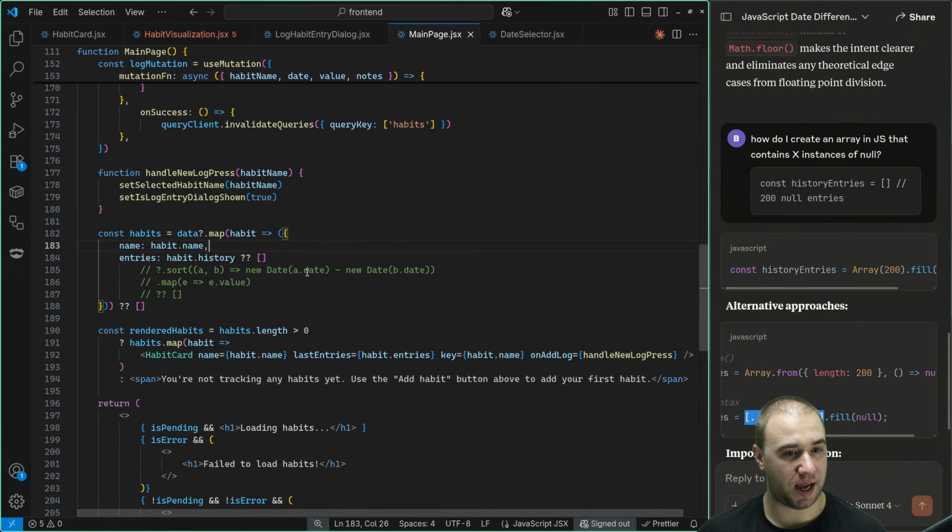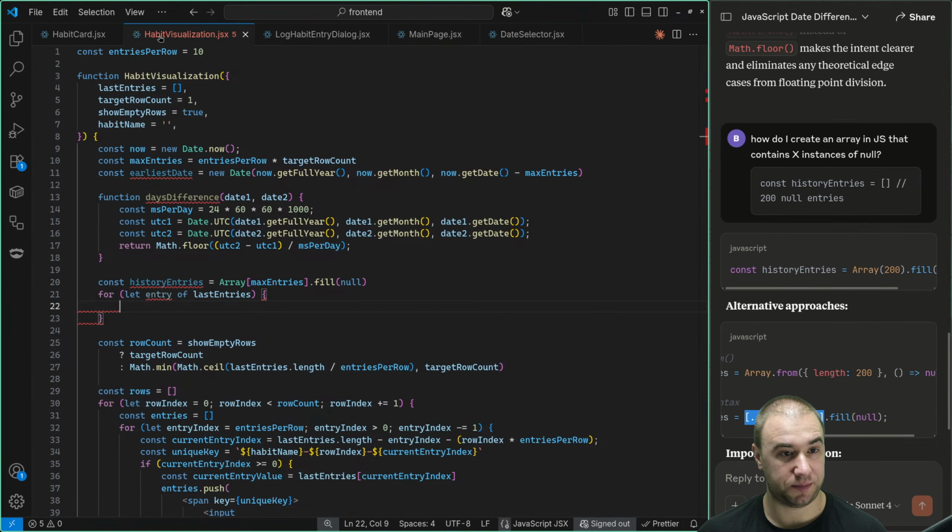And this way we'll have access to both value and history and date. So in here, now we can basically extract the date and see what happens. So,